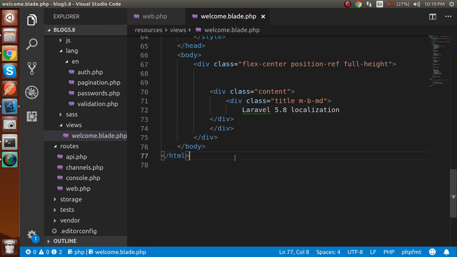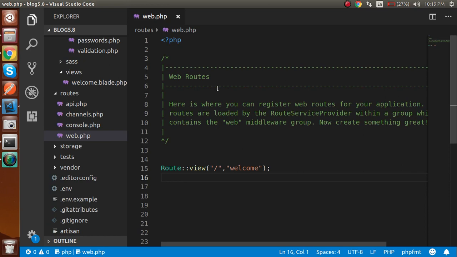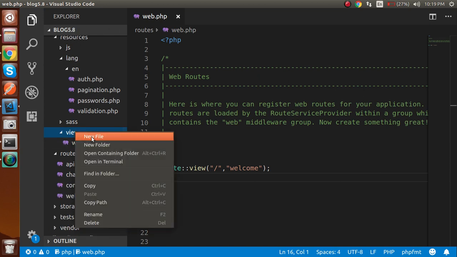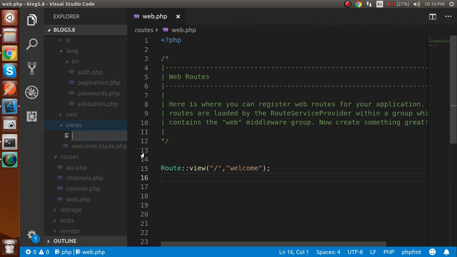First of all, I need to make a page. We will play only with static content. We are not going to put database content in. The purpose of this video is to give a full understanding of localization. So I'm going to make a new page inside the views folder, where all your view templates are present. I make the page dot